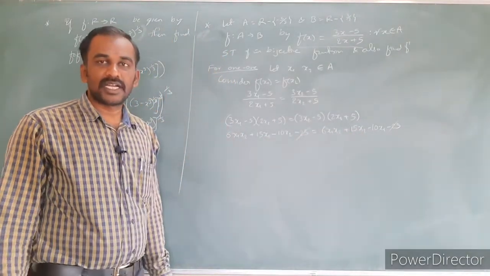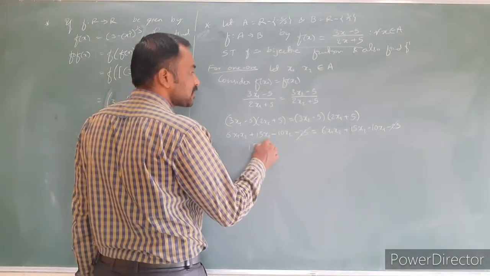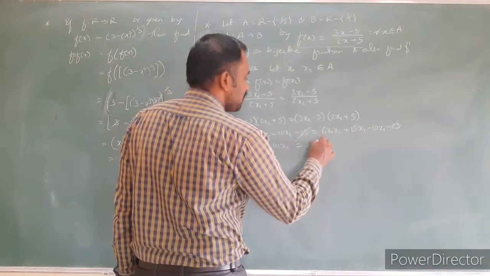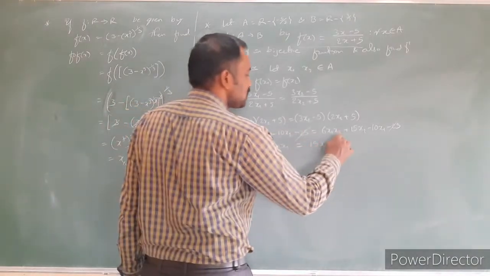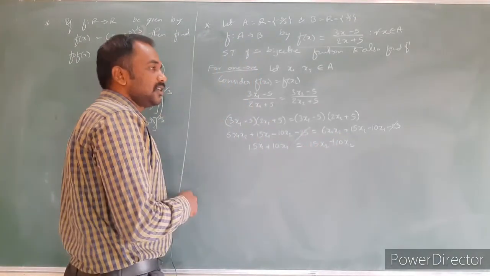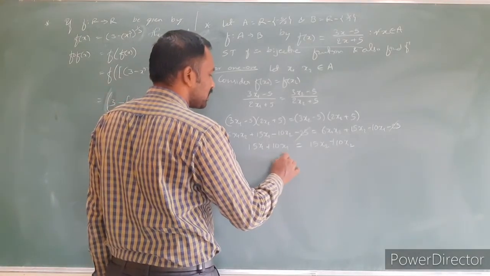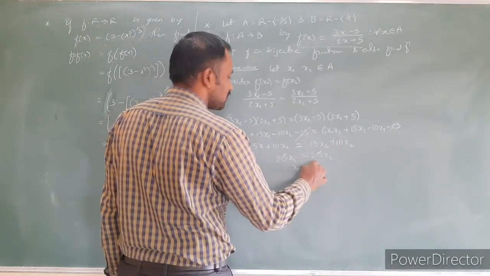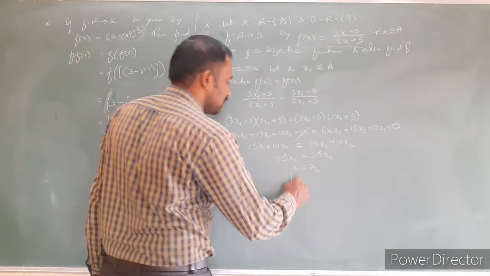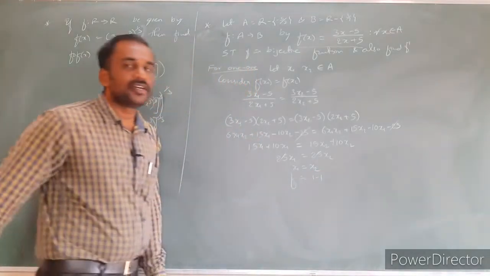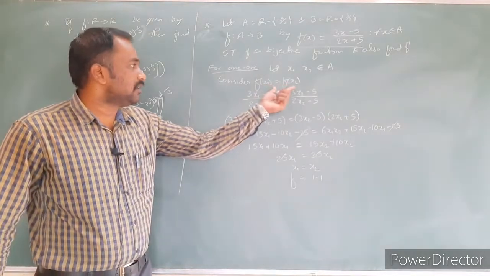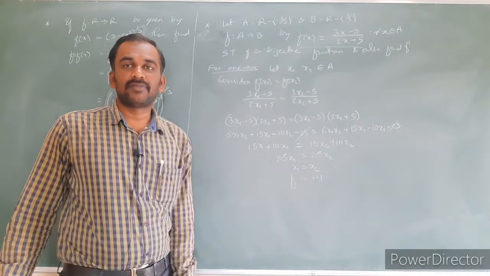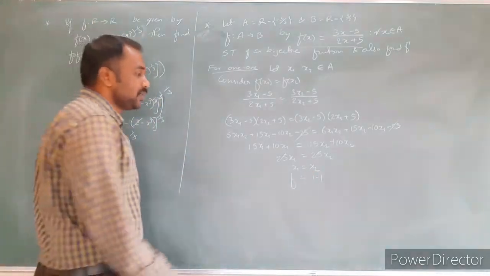Now make the x1 terms on one side, x2 terms on the other side. 15 x1 minus becomes a plus 10 x1 is equal to 15 x2 as it is, this minus becomes a plus 10 x2. Same kind of values, so we can write this as 25 x1 is equal to 25 x2. 25 gets cancelled. What is left? x1 is equal to x2. Therefore we got the condition for the one-one result. Two different elements under the same function having the same image would not be different elements, they are the same element. Therefore you can conclude that f is one-one.